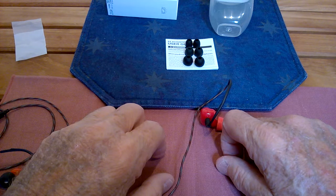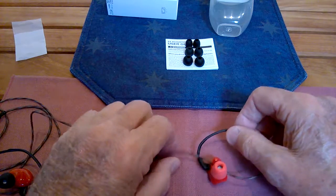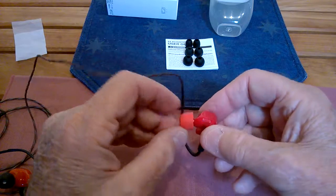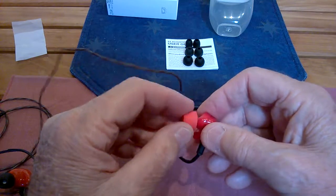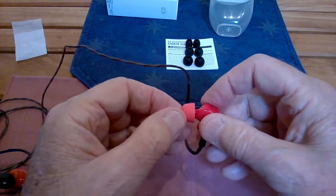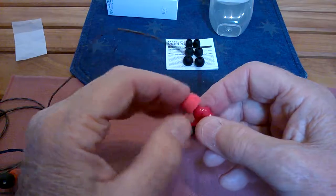What else can I tell you about these? These are $10 more than the ZSTs. The price ranges of the current models, starting with the ZST for $20, run up to, depending on where you buy them, about $60. And they've come out now with the ZS5, which is 4 drivers. They're down in price a little bit now to like mid-30s. And the ZS5s were replaced with the ZS6, which are the same as the 5s with 4 drivers, one big dynamic and 3 balanced,